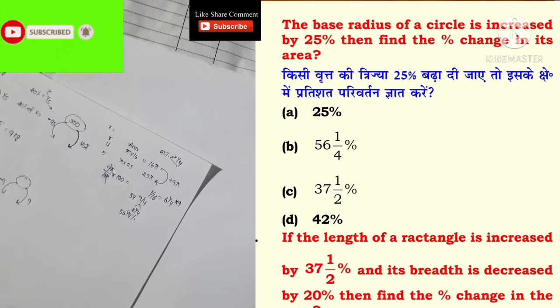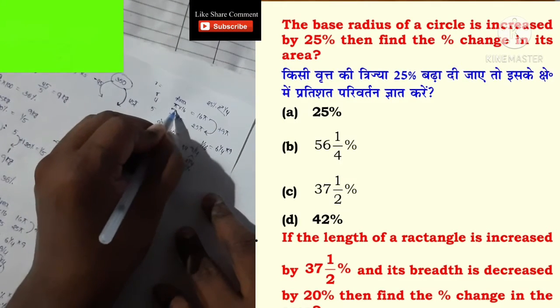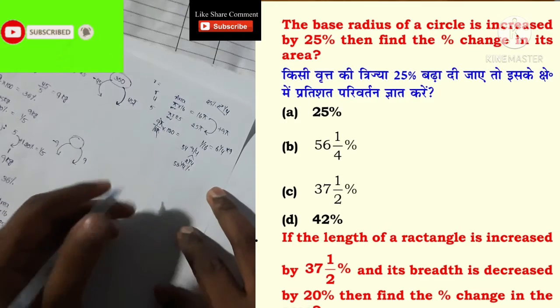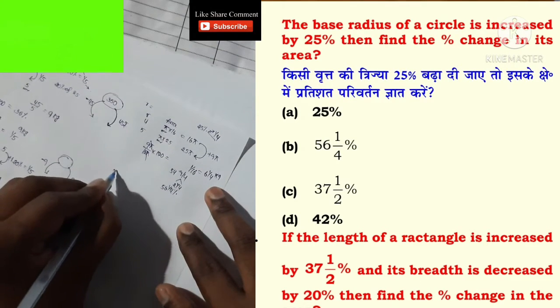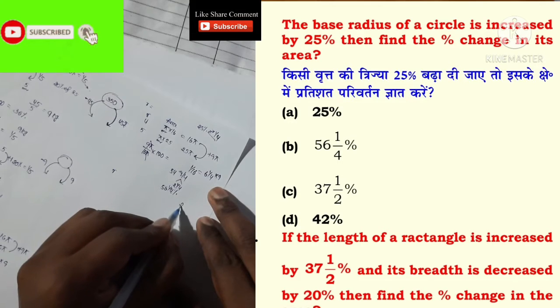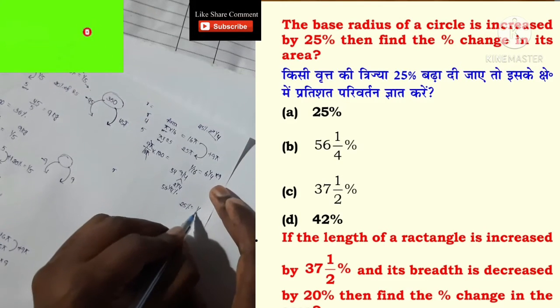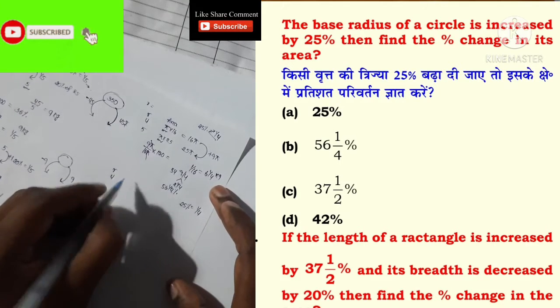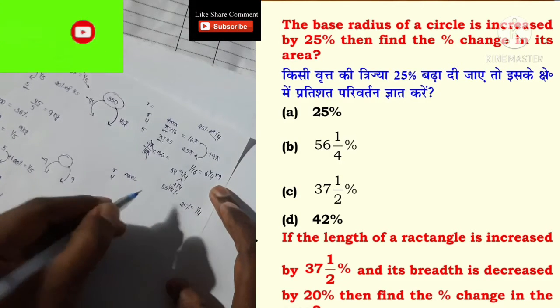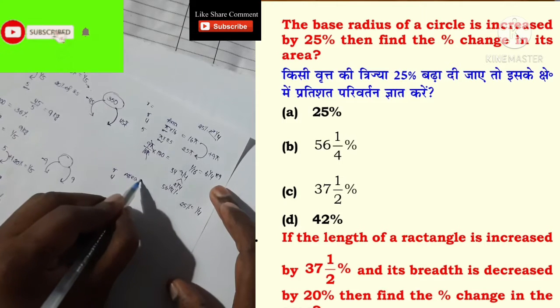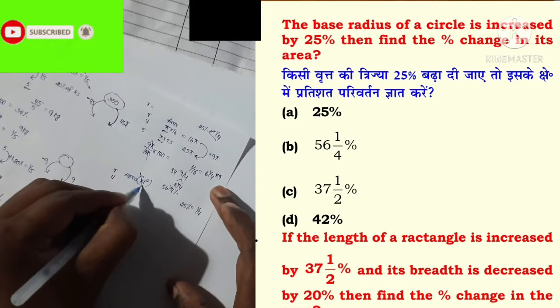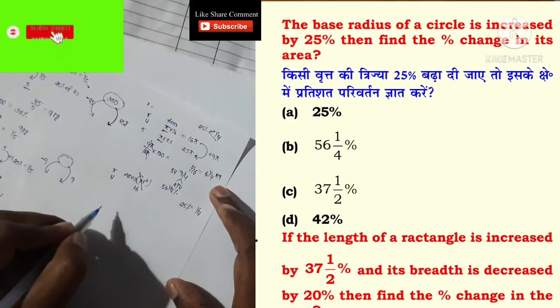So whenever we are calculating the percentages or fractions or ratios, there is no need to consider the constants. Here pi is a constant, so no need to consider the constant values. So radius is increased by 25%, value is 1 by 4, so radius is 4. So area is equal to pi r square. So no need to consider the pi. R square value is 16.